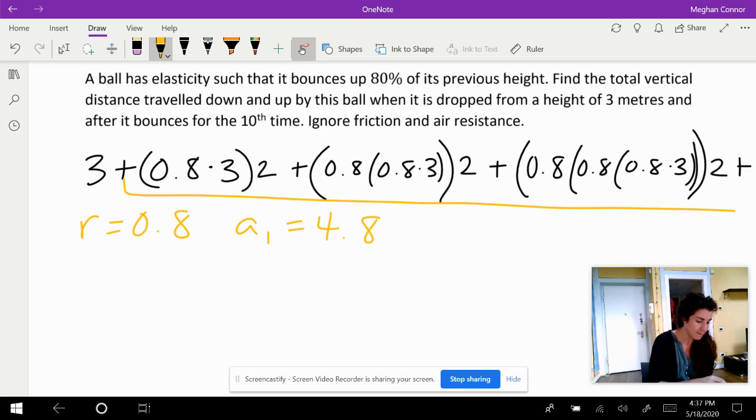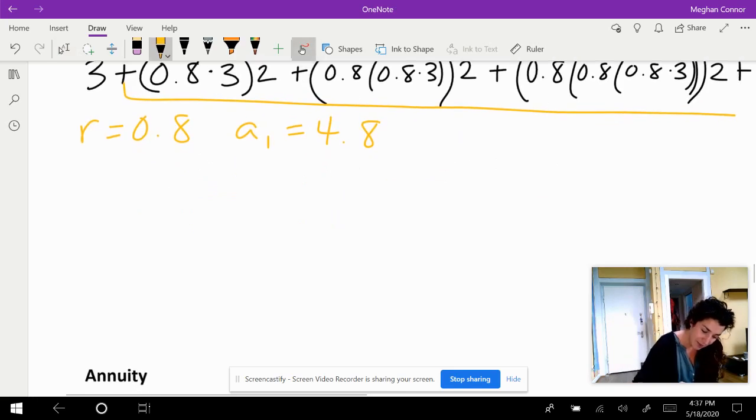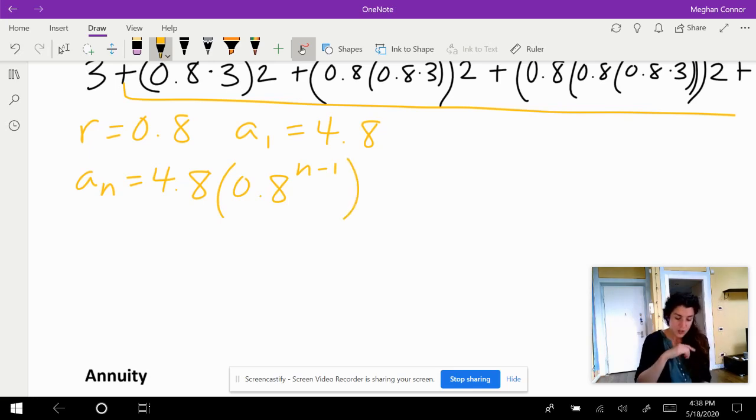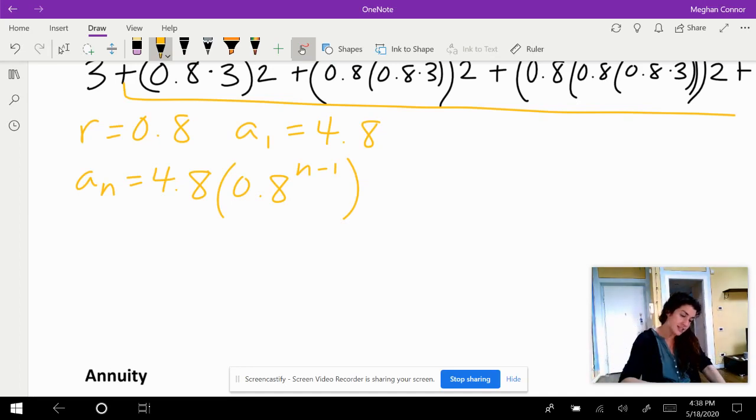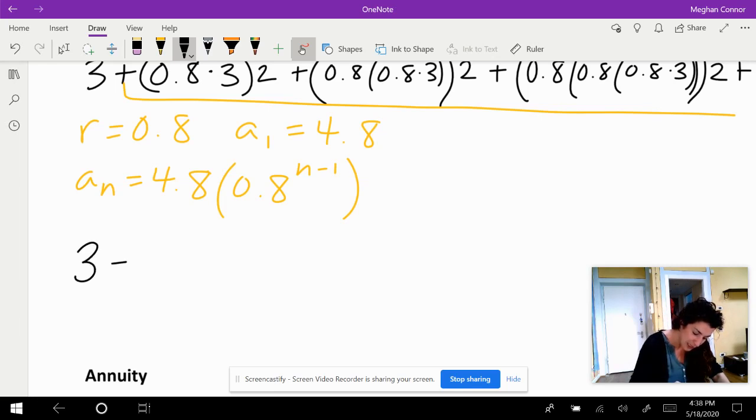Let me just double check that before I go down this rabbit hole. Okay. So A sub n is going to be A sub 1 times R to the n minus 1. So that's going to be the definition of your sequence. We want to find the sum of all of those terms up to the 10th term. So we can use our sigma notation. So we're going to do 3 plus the sum from n equals 1 to